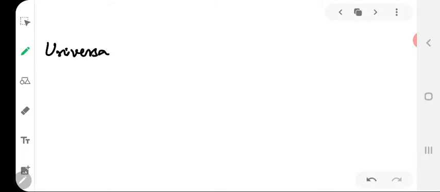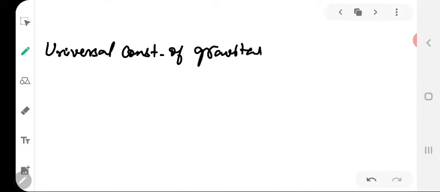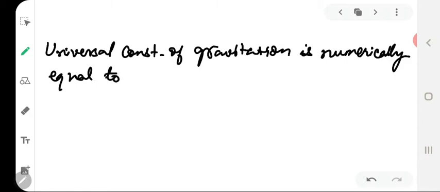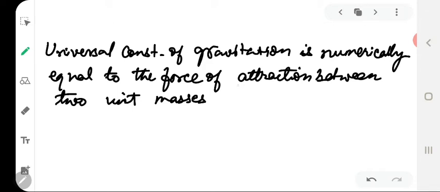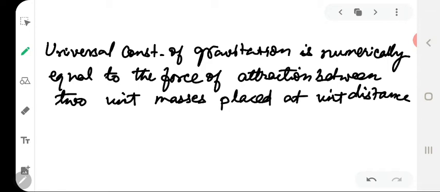So the universal constant of gravitation is numerically equal to the force of attraction between two unit masses placed at unit distance